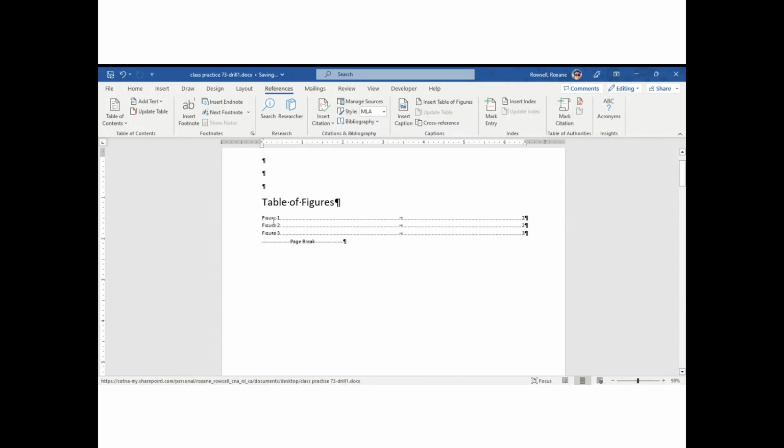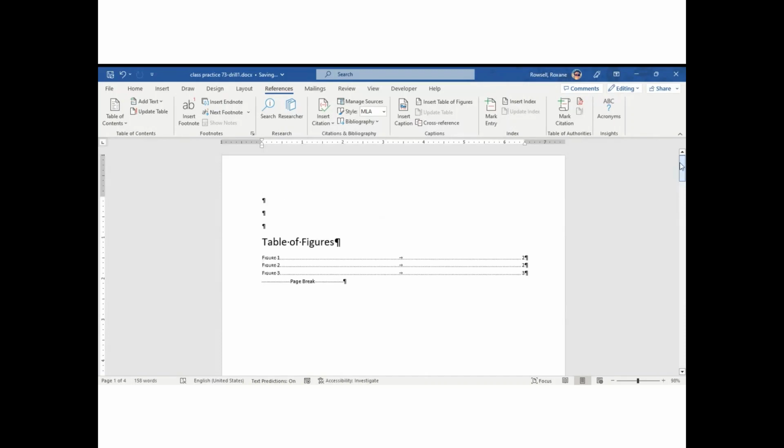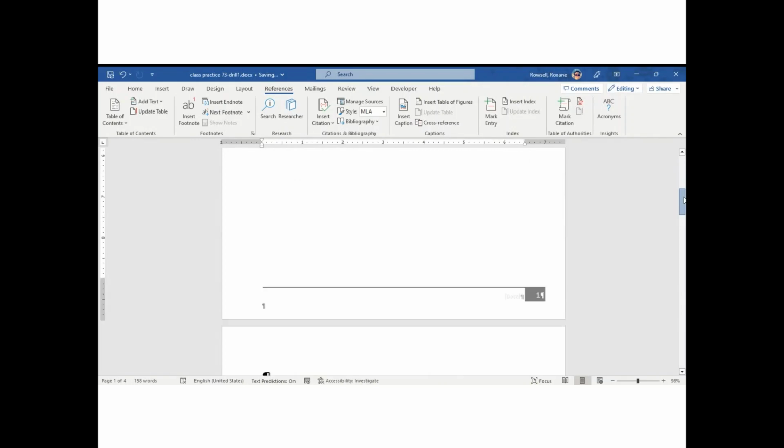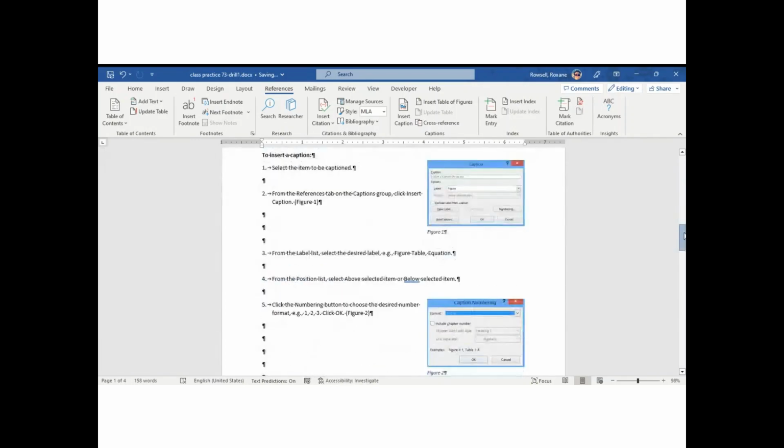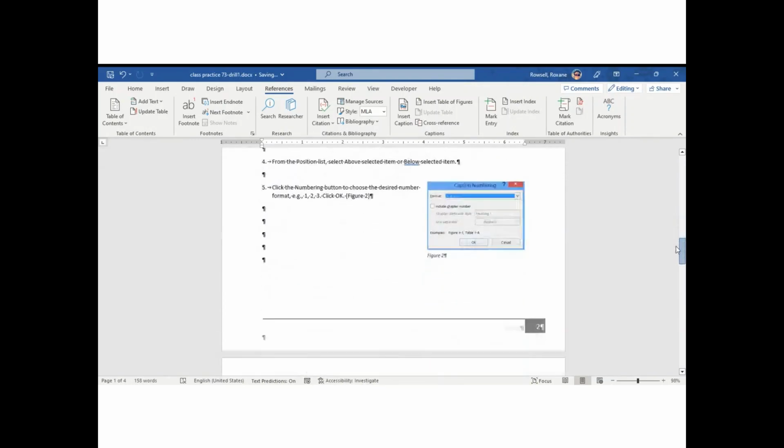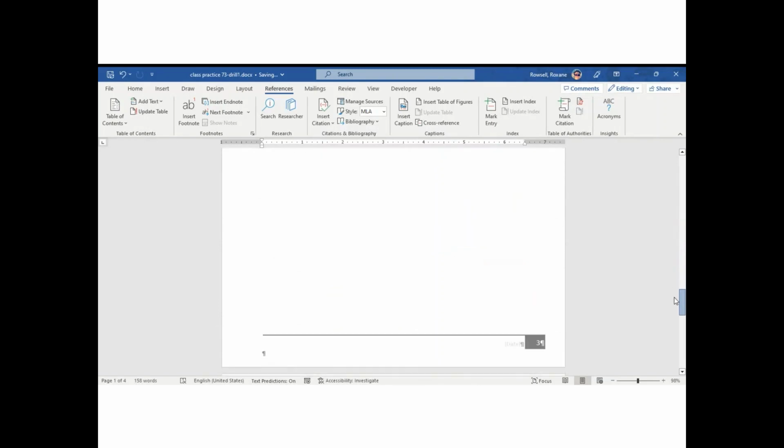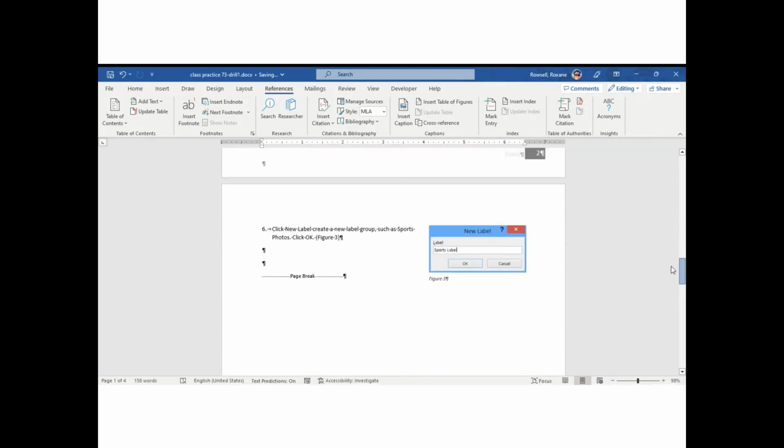And when I do that, Word looks through the document, it finds the figures that you have identified as figures in the document, and it lists them for you, and their page numbers. So now you can go through and you can have a look and you can see, yes, figure 1, figure 2, figure 3. So now if you say, okay, well, I'm going to continue working on this document,